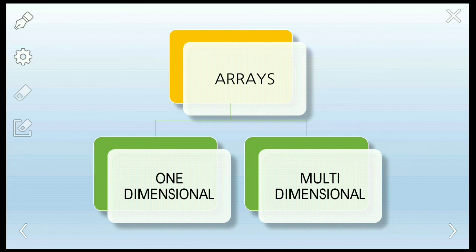In a two-dimensional array, data is stored and processed in the format of rows and columns. A three-dimensional array is used to store 3D data using X, Y, and Z axis values. Similarly, a four-dimensional array is used to store data with four-dimensional values, and so on. But in the C language, we are going to learn the two-dimensional array and one-dimensional array in the upcoming videos. So this is about the introduction of the arrays.